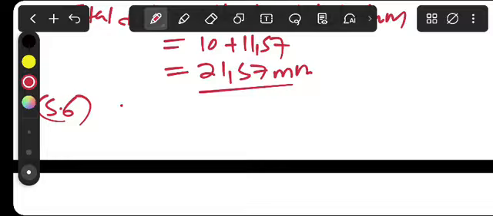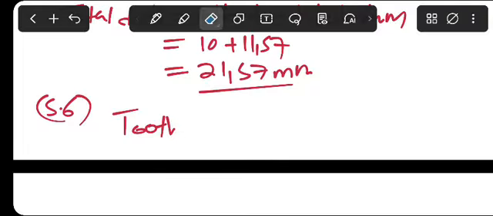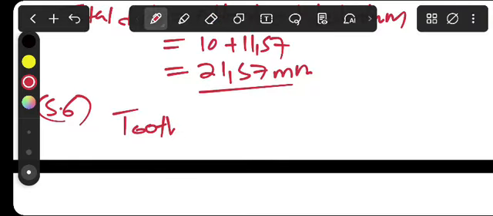We have to calculate the circular pitch, because the tooth thickness will be equal to the circular pitch divided by 2. So we have to find CP,